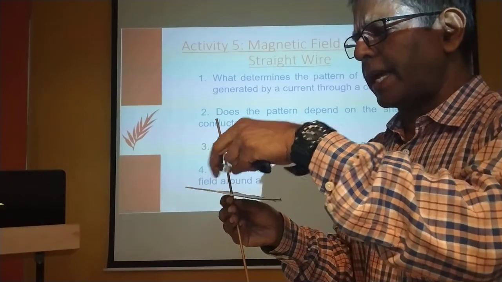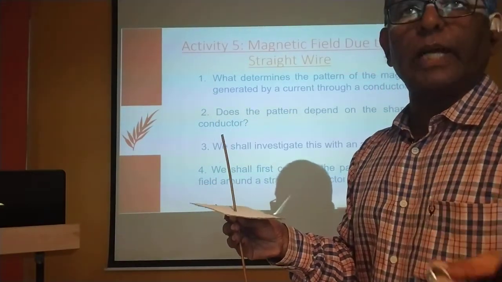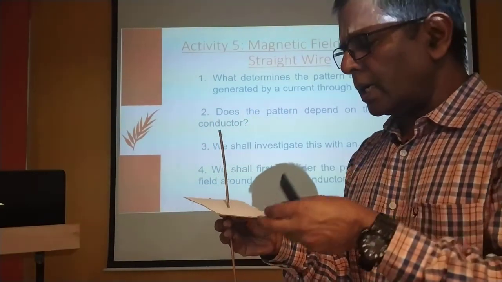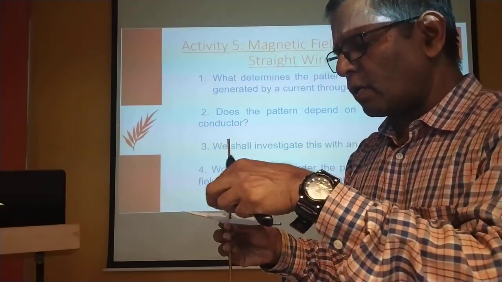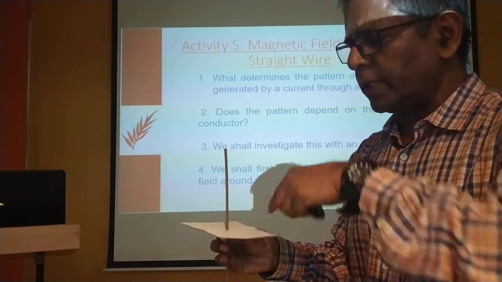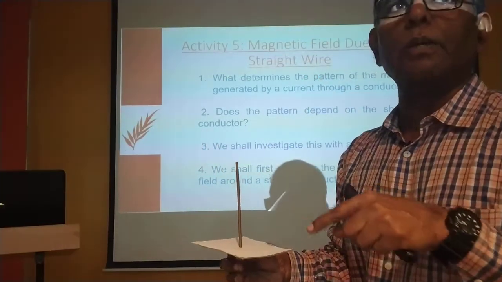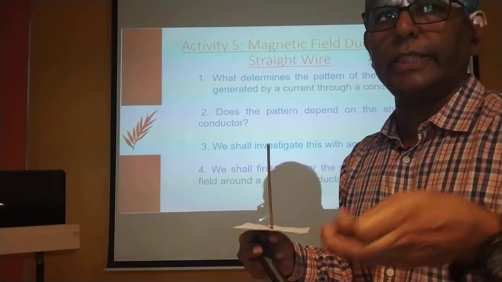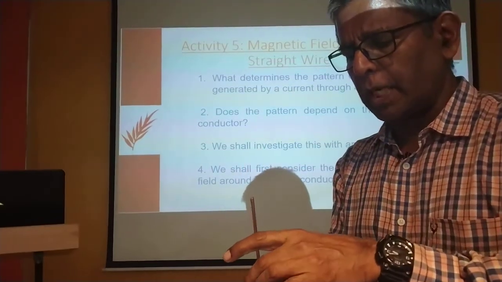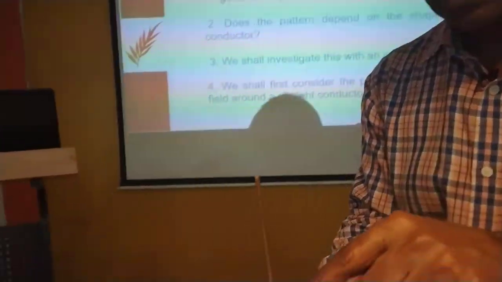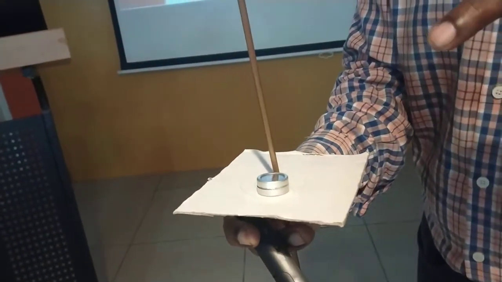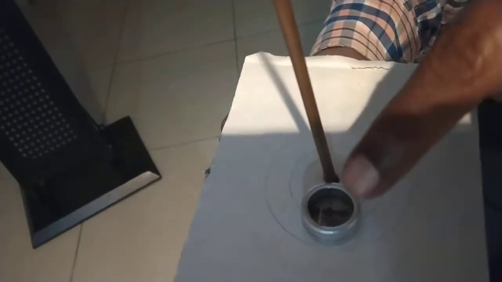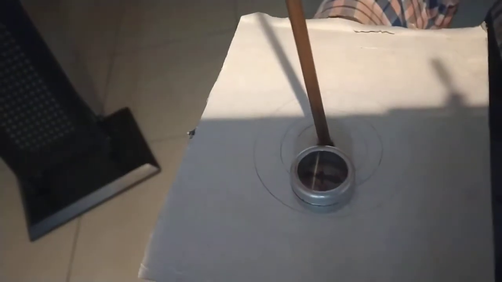So you will see that the magnetic field lines can be drawn with the help of a magnetic compass, and you will observe that it will be a circle. So as I move the compass through this wire, we can draw the magnetic field lines. So this is the magnetic field compass. We'll keep the compass here, and the north pole and the south pole of the magnetic compass will keep changing. So through this, when we pass the current, we can draw the magnetic field lines.